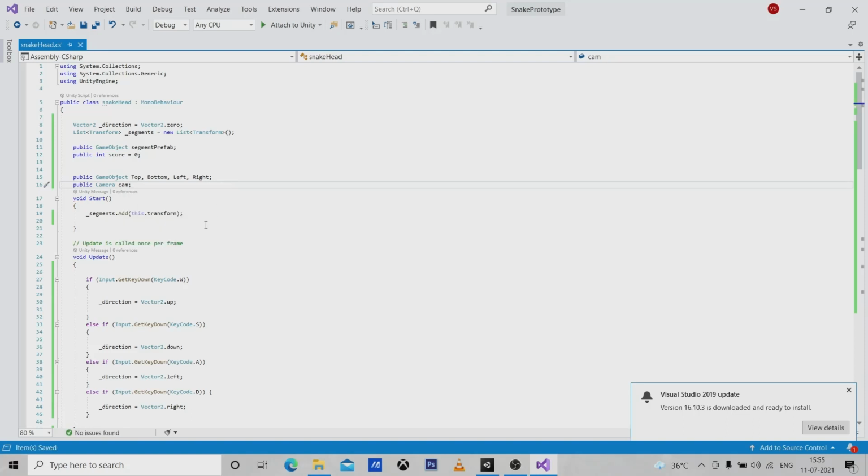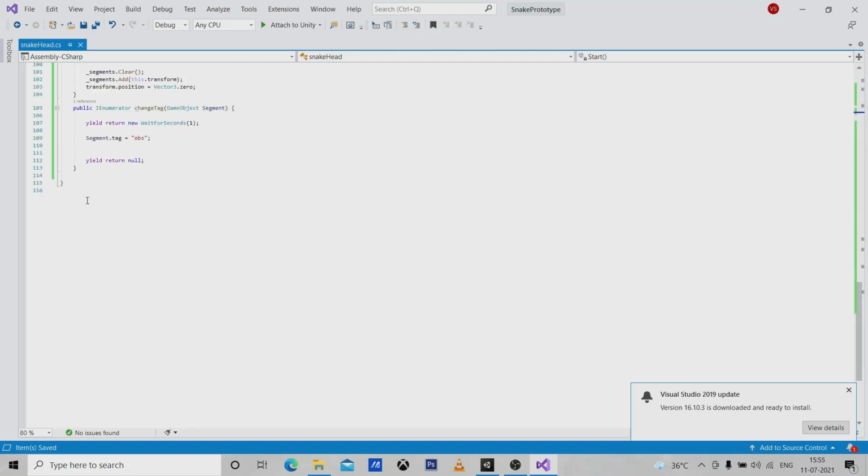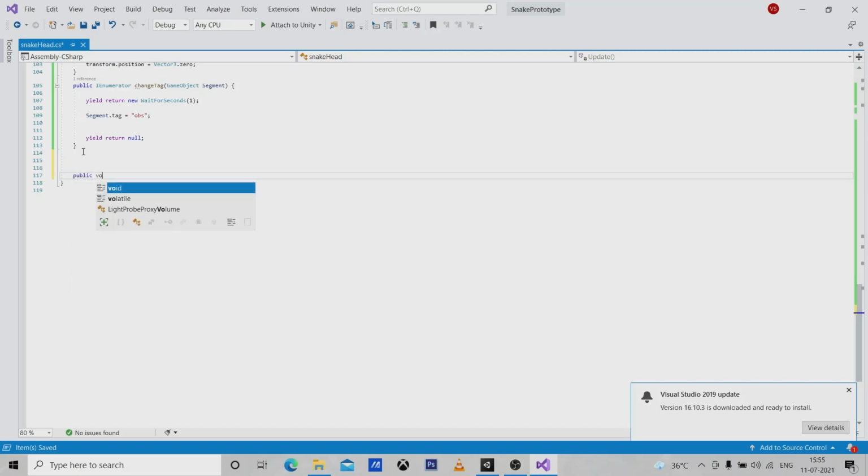Okay, so the first thing we will do when we start the game or hit the start function, so first we need to create a new function, public void orthographic bound. Okay,